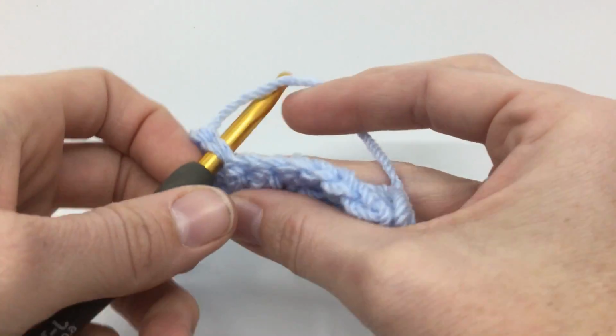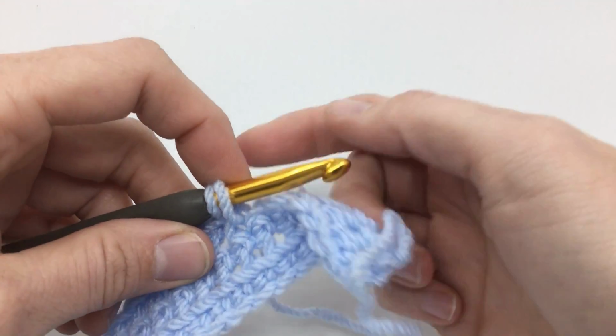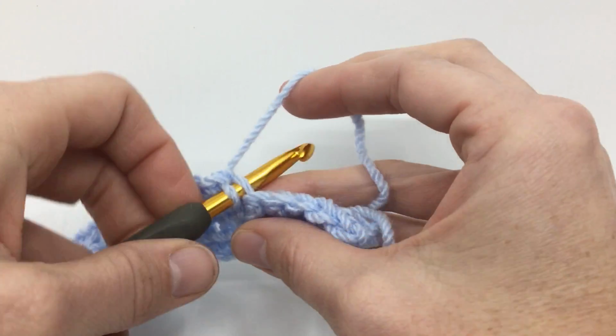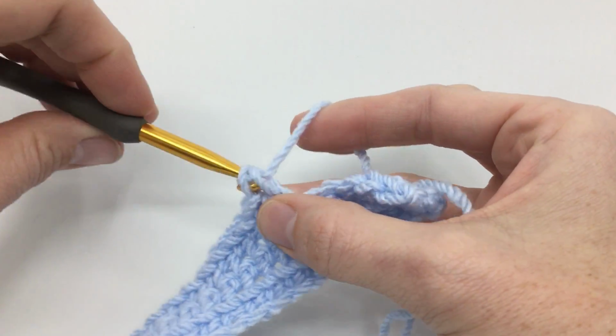So that is the super fast single crochet in the front loop only refresher. If you need to actually learn how to do this nice and slow, check out my video for single crocheting in the front loop only,